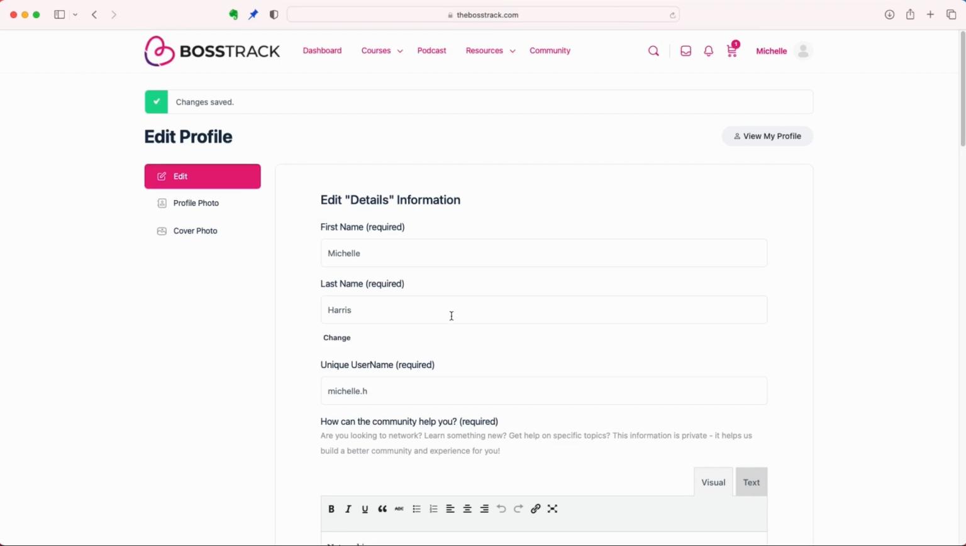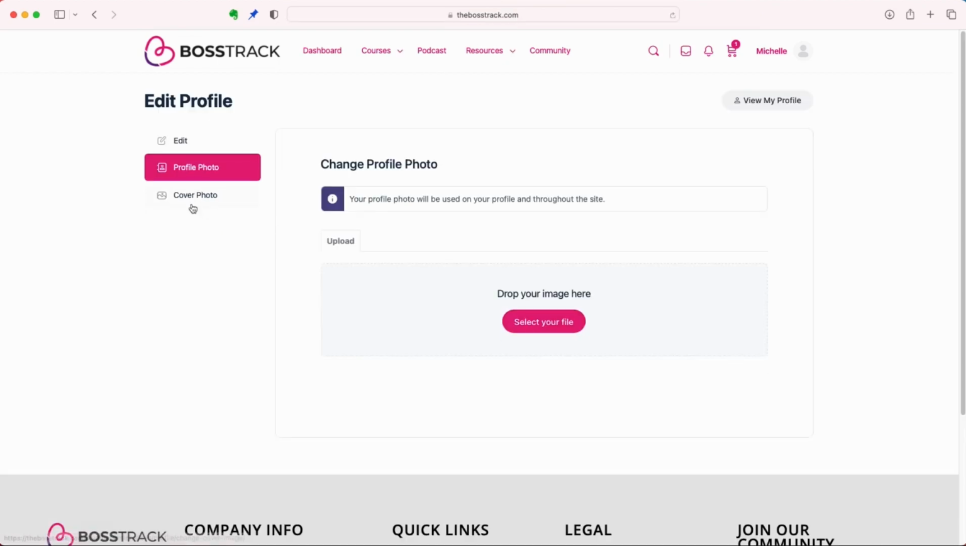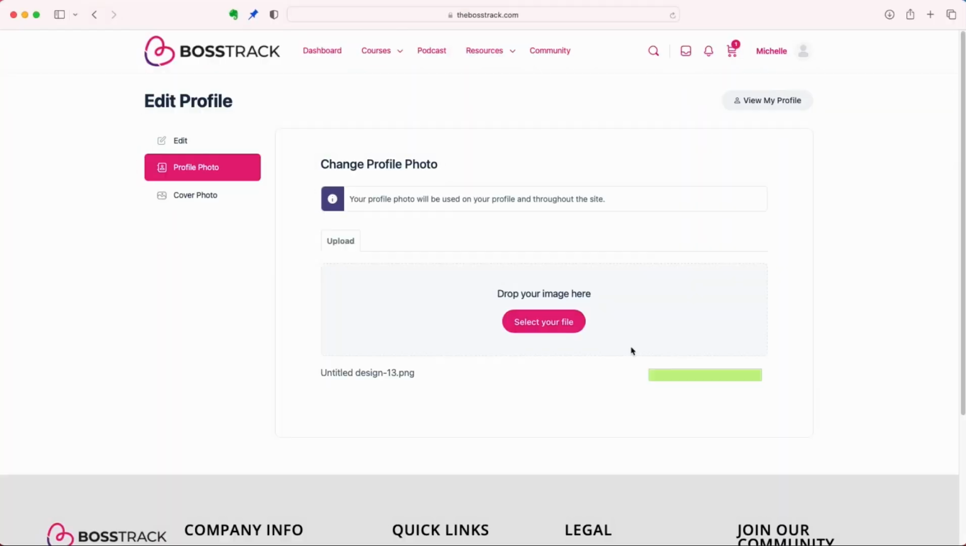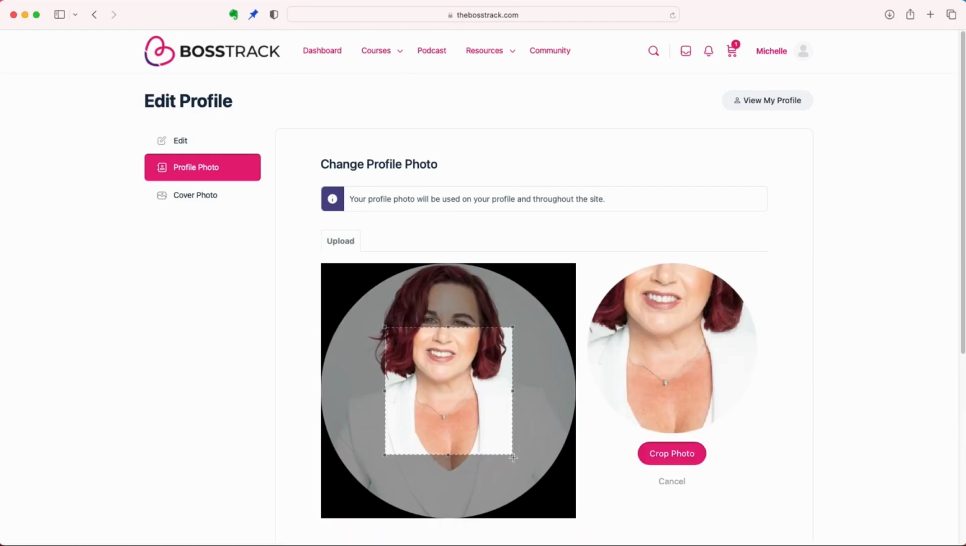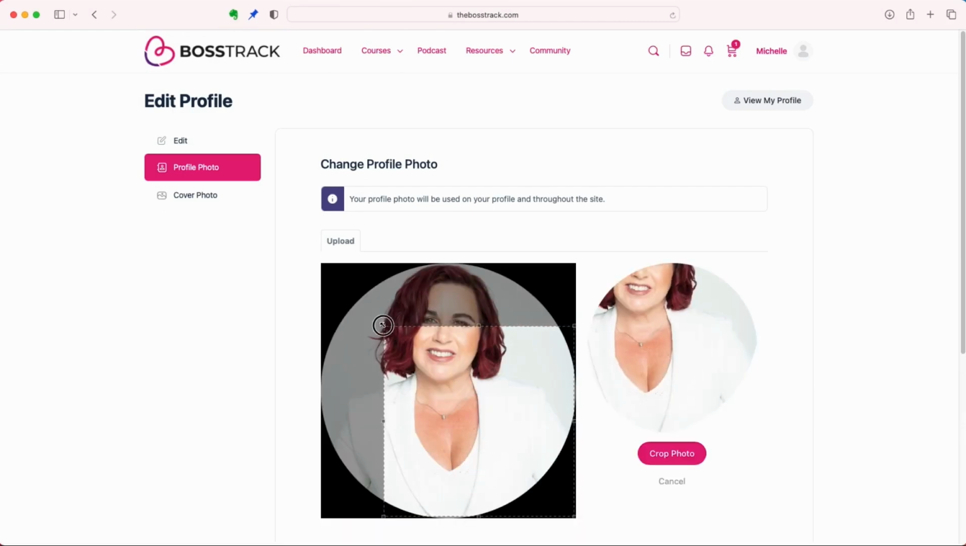Okay, once you have that completed, you want to come back up to the left-hand side and you click on Profile Photo. And that will bring you to a button where you can select the image that you'd like to use for your profile. You can either click on the button and select file or drag the image that you're going to use there. So I am going to select my file